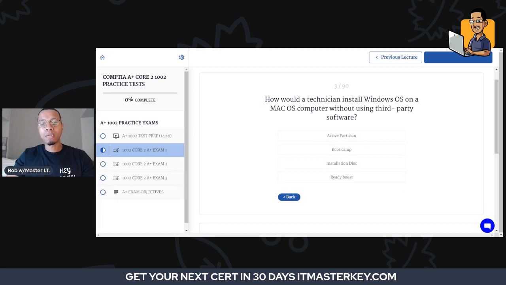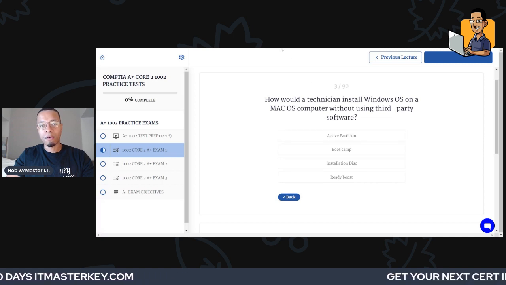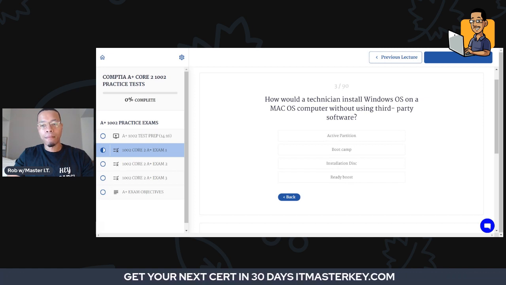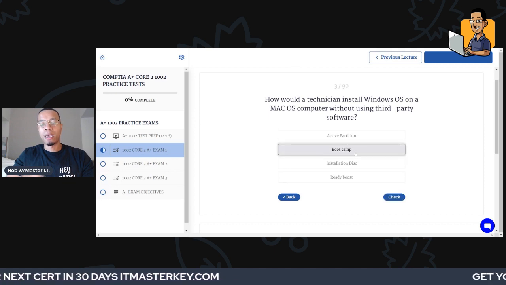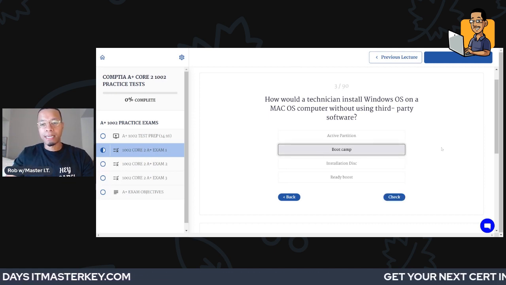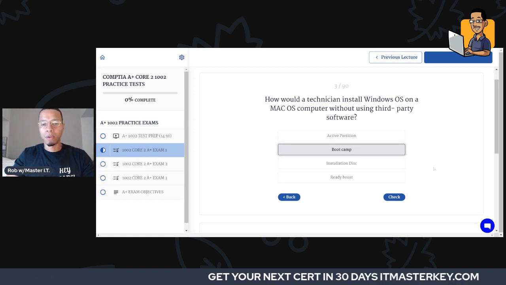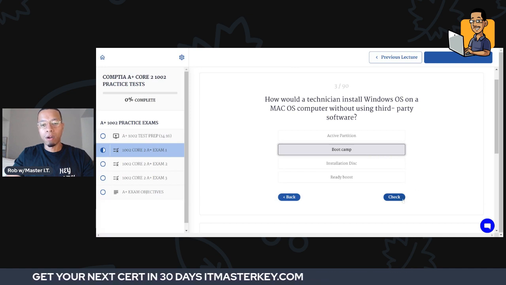So how would a technician install Windows OS on a Mac OS computer without using third-party software? How would that happen? I think that you would do that by using Boot Camp. And recently, they actually took Boot Camp away on Macs. They actually just took that away. But for right now, we're going to say Boot Camp, because out of all of those, that's the only thing